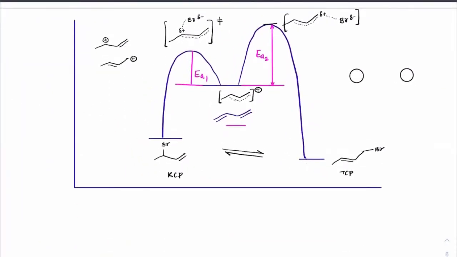What does it mean? KCP is always a product which is formed with the lowest activation route. TCP is always the path with the most stable molecule route. So between these two, the most stable is this one. That's why it will always choose this route, despite the fact that it may have to go through high activation energy.